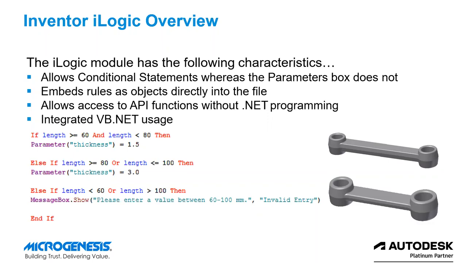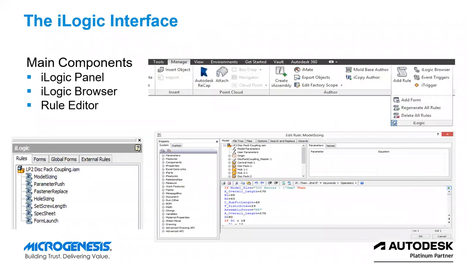You need not memorize some syntax like colon, semicolon, curly braces. You need not memorize that many symbols for writing the logic. I will show you how easy it is. Before that, I want to just showcase the user interface of iLogic, where you can find that user interface. If you open Inventor, you can see the Manage tab. In the Manage tab, you can see one option called Add Rule or iLogic Browser. Click that iLogic Browser. You will get one on the left side. You can see a picture, iLogic Browser, where you can add your rules, create the forms, which are local or global.